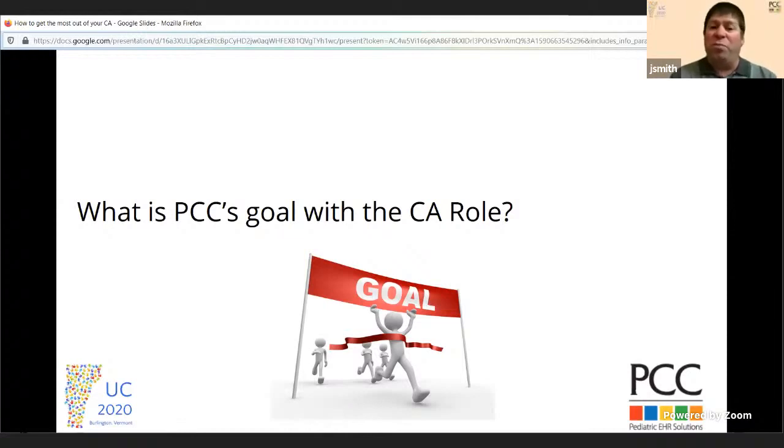Or maybe you've got this burning wish: oh, I wish the product could do this. So we'll put the enhancement in for you to our development team so they can take a look at what people are asking for. We want to also ensure that you're taking full advantage of the PCC experience that we offer to you, and to build those lasting relationships with each other, which makes both of us successful, you and me.